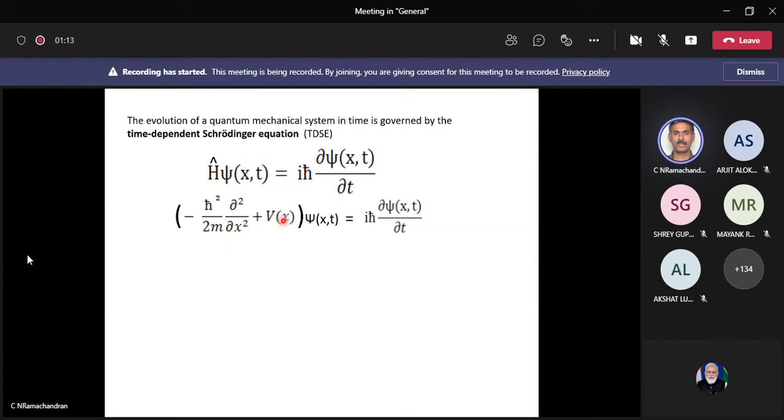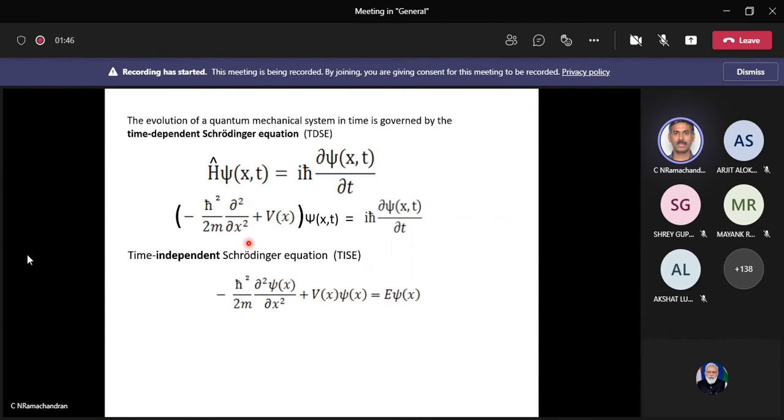So focus only on this part. What I did was just give the expression for the operators. The first term is the kinetic energy part and the next one is the potential energy. Then the rest is the same: psi of x,t equal to i h cross partial d by dt of psi of x,t. So this is a simple form, including that operator form. That's all. So this is the time dependent equation, and the time independent Schrodinger equation is given by